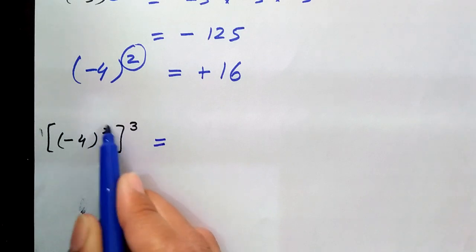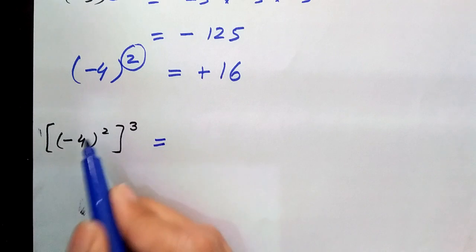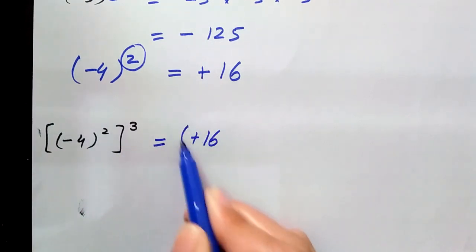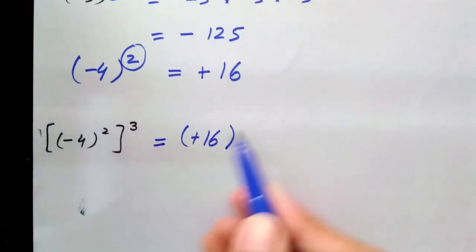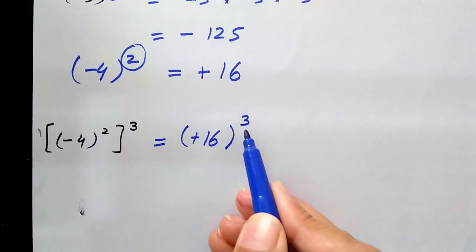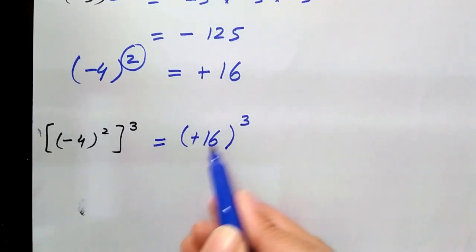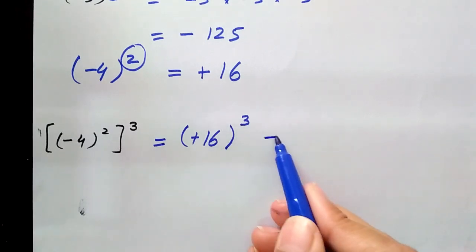We have an even power for this negative, so it will become positive. And 4 square will give you 16, positive 16. And we have the power 3 outside. Now 16 raised to power 3 means multiply 16 three times